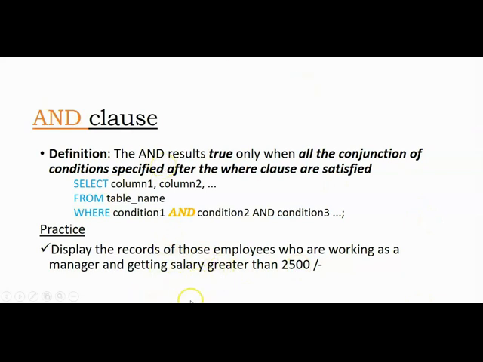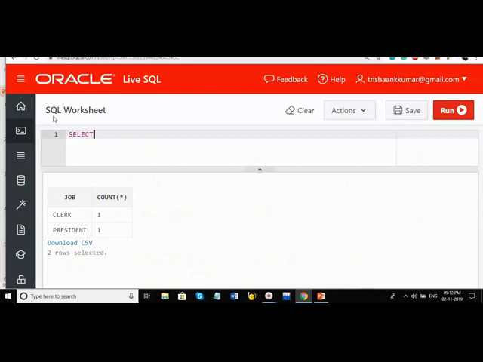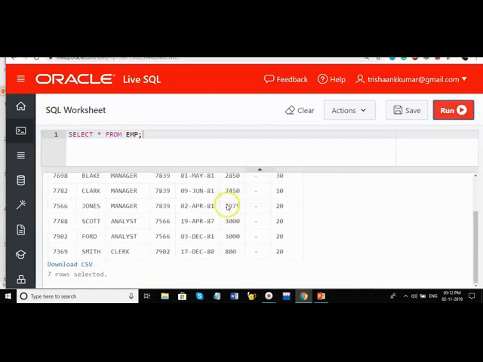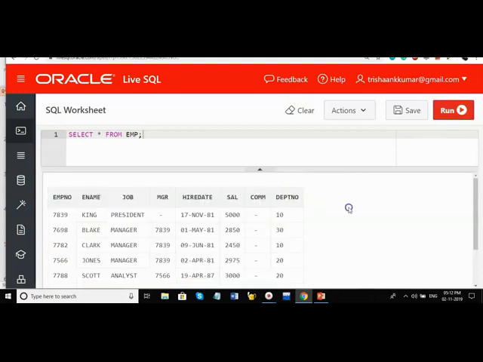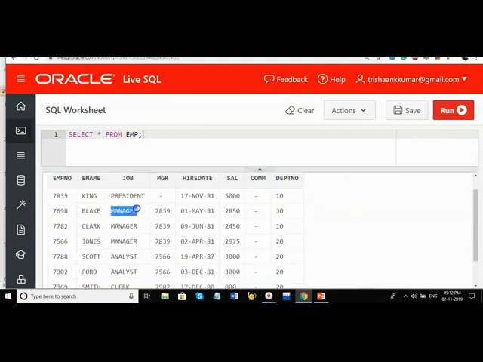Let's solve this query. We have the table EMP that we are dealing with in all the sessions. SELECT star FROM EMP: 7 rows and 8 columns. We want managers who are earning a salary greater than 2500. You can display the entire details of records, or be specific: SELECT job, ename, and so on, whatever it may be.